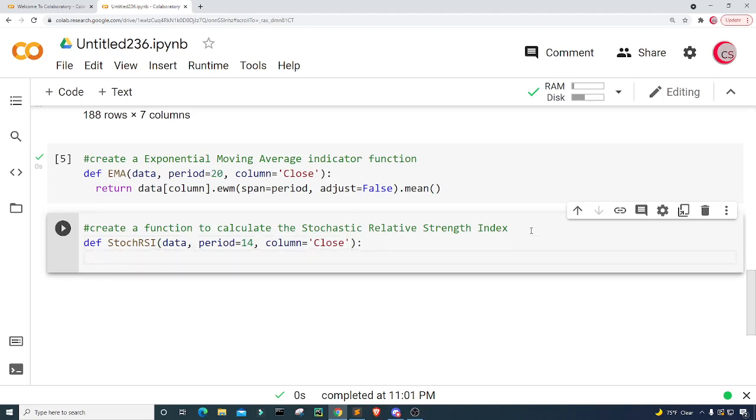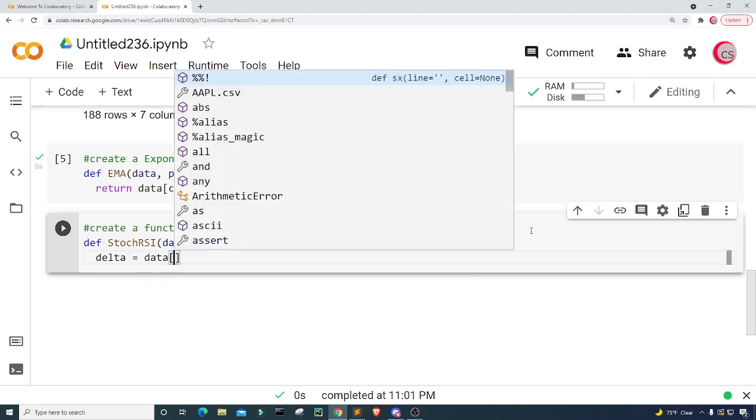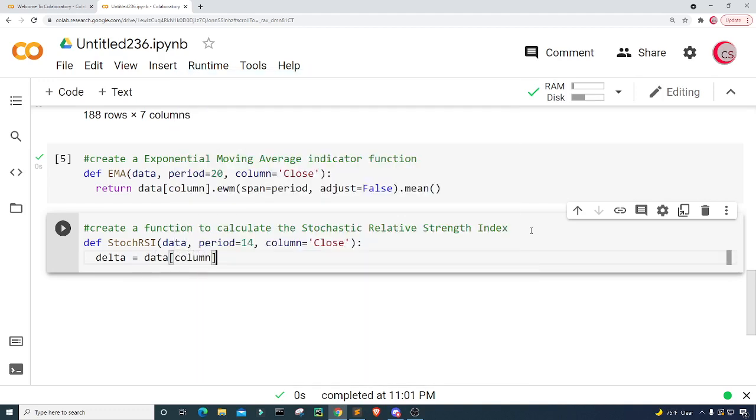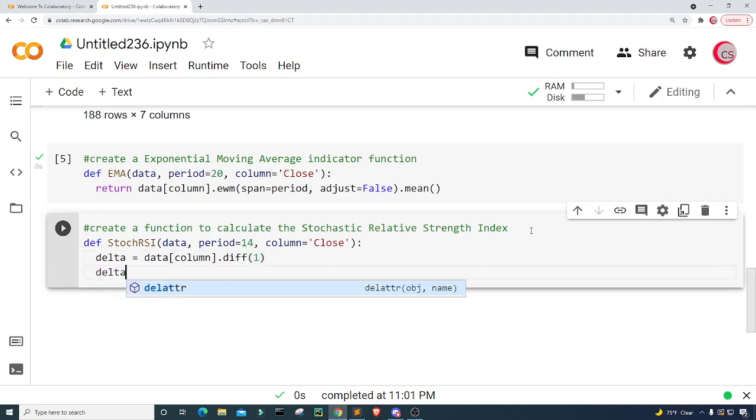All right. So the first thing that we need to do is calculate the RSI. And before we can do that, we need to calculate some other things. So let's create a variable called delta, and let's set it equal to our data at that column, and then type .diff here and input the value 1. So this function is going to find the discrete difference over the column axis with the period value equal to 1. Okay, and then I want to drop any NAs, so I'm going to set delta equal to delta dot